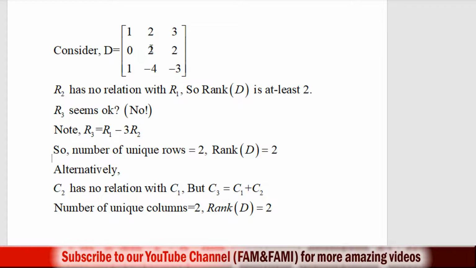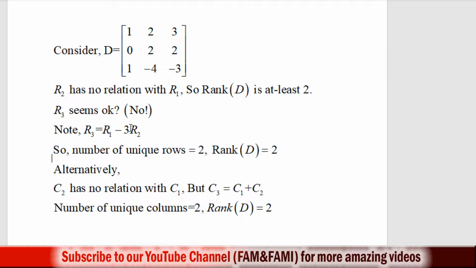And now multiply this element in row 2 by 3, you get 6. And subtract this 6 from 2 in row number 1, you get this minus 4. And now multiply this 2 with 3, the answer is 6. Subtract this 6 from this 3, you get minus 3. So you can see that row 3 depends upon row 1 and row 2 via this complicated relation.